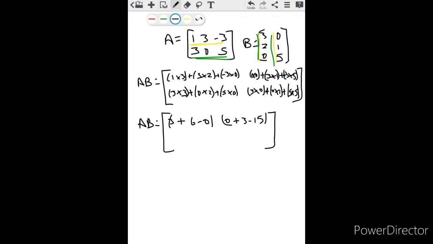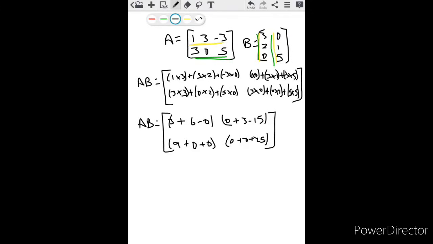Then we have 3 multiplied by 3 is 9 plus 0 multiplied by 2 is 0. And then 5 multiplied by 0 is 0. Plus 0 multiplied by 3 is 0 plus 0 multiplied by 1 is 0 plus 5 times 5 is 25. Now simplifying this once again,